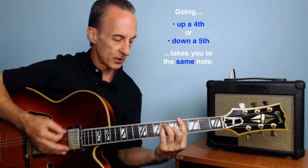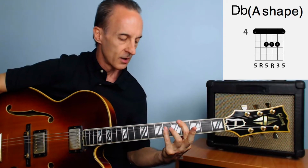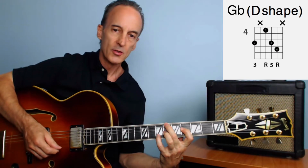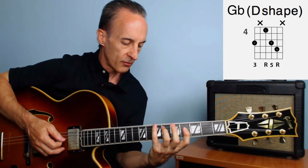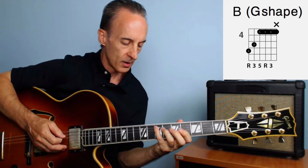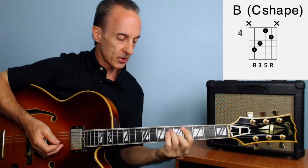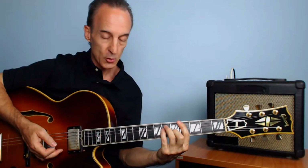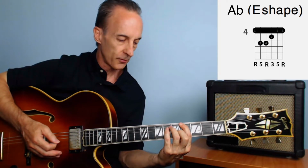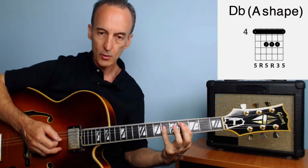So now the cycle begins again. We got the E-shaped chord, up a fourth, the A-shaped chord, up a fourth, the D-shaped chord, up a fourth, the G-shaped chord, up a fourth, the C-shaped chord. So in this case, the actual chord names would be A flat, root on the 4th fret, D flat, root on the 4th fret,